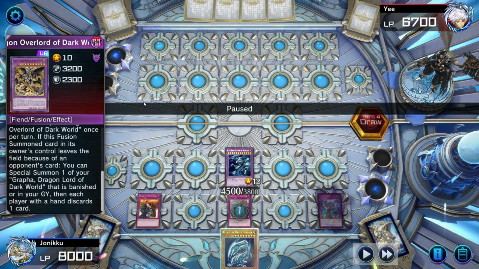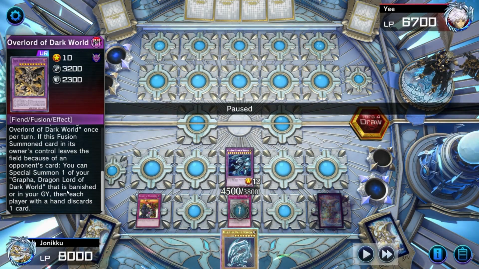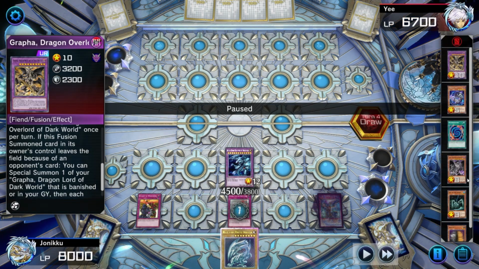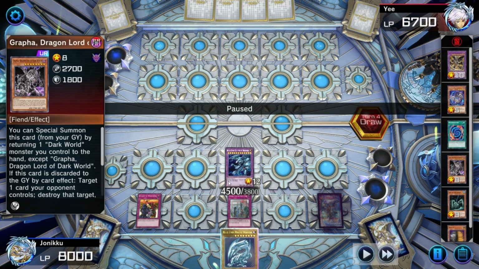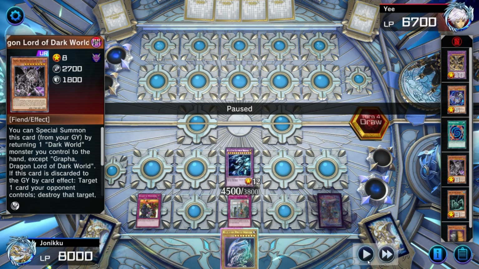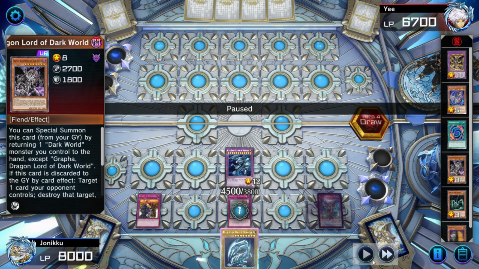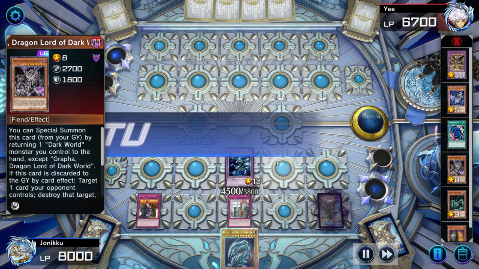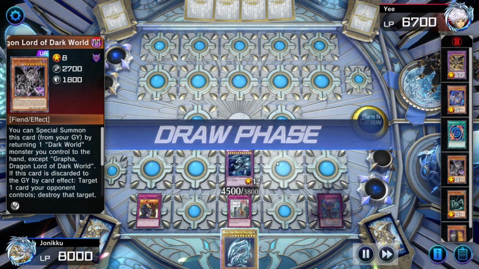Oh, I guess my opponent didn't play Dragon Lord Dark World that is banished in your graveyard, because I'm pretty sure my opponent could play this. I guess my opponent just didn't want to use Fiends, I guess. So I guess that's why my opponent just let that get destroyed. Then my opponent couldn't do anything. And I was just like,